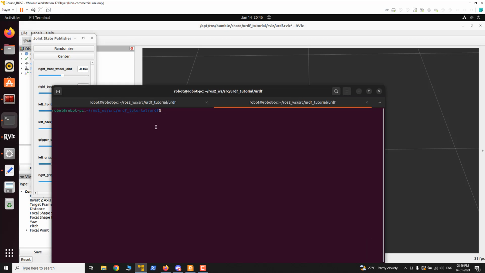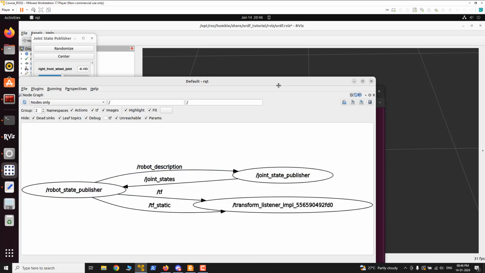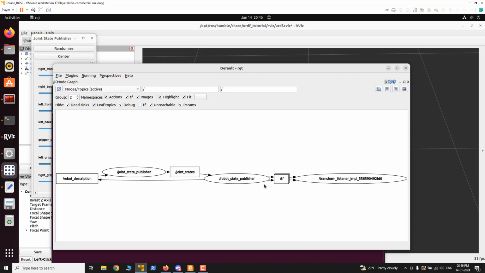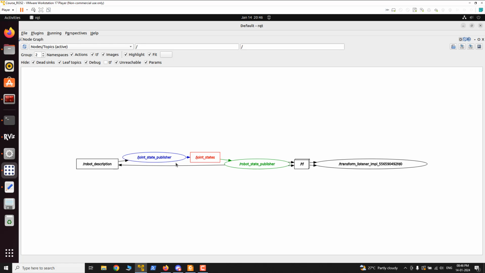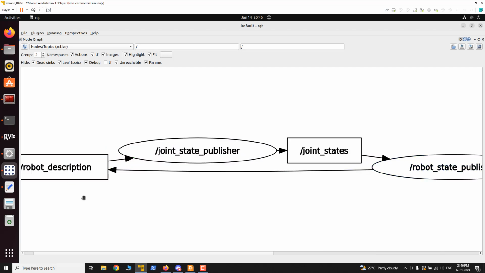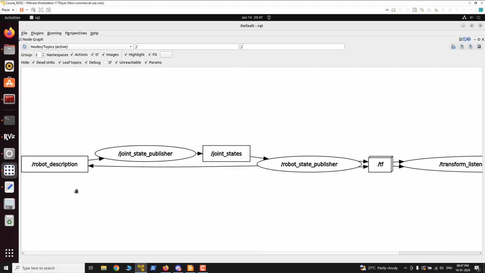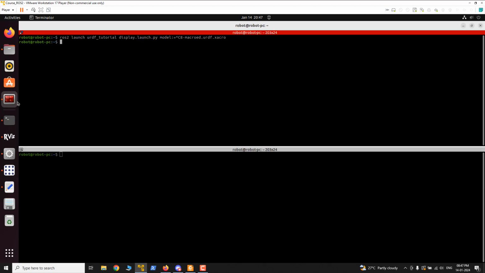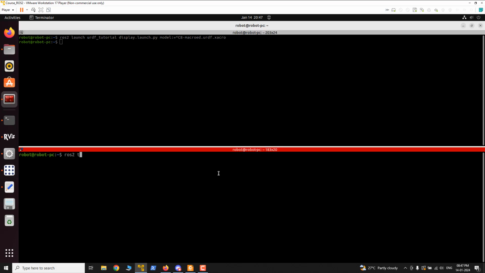RQT graph. Okay, so that will be good, you will get an idea what are the nodes running. So just take RQT and you can see here. So this is what is happening when we try to run a URDF or visualize a URDF. Basically, when you pass the URDF using this, it is actually a parameter. The URDF is actually published as a topic called robot description. So maybe I can show you that. If you simply check ROS topic list,